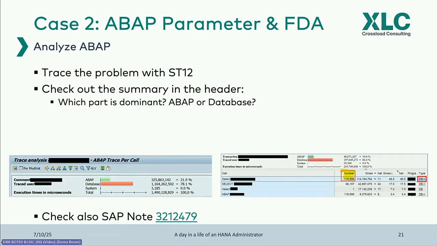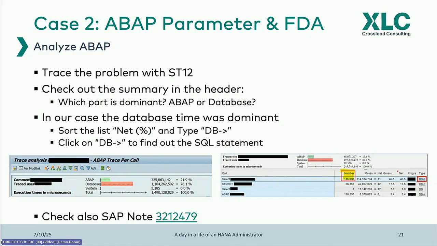And if the database line is the red line, there might be some problems with the database, or it is a good reason to start on the database to investigate the issue. In our case, the database time was dominant, and then you can use the list, and I will always sort it by net time. So the netto time, and then if it is a database procedure, in the last column, there will be the synonym DB for database, and it is underlined, which means you can click on it, and